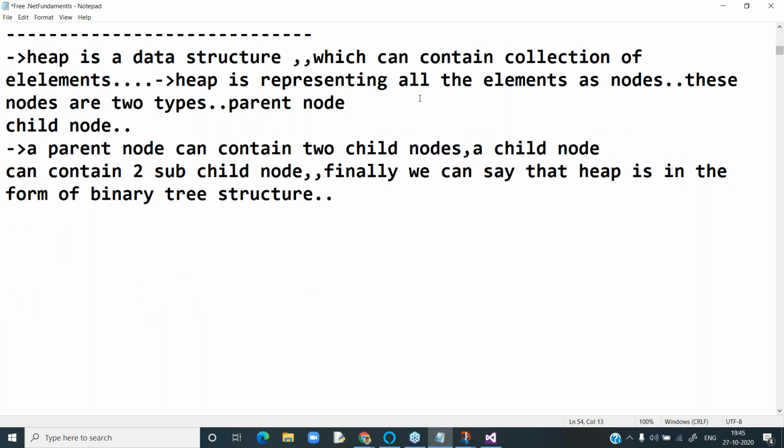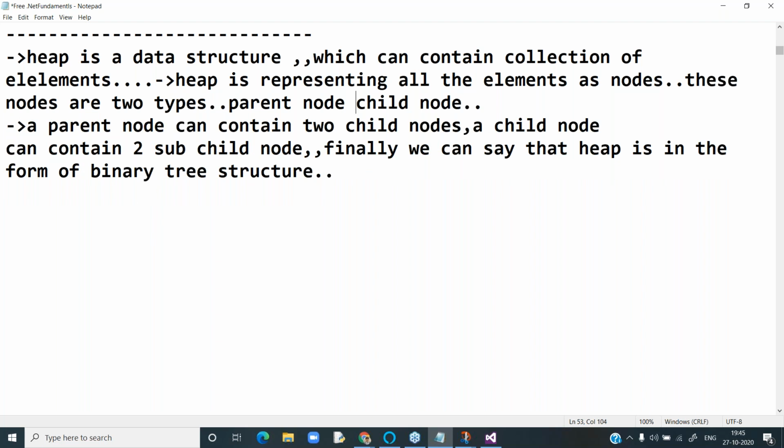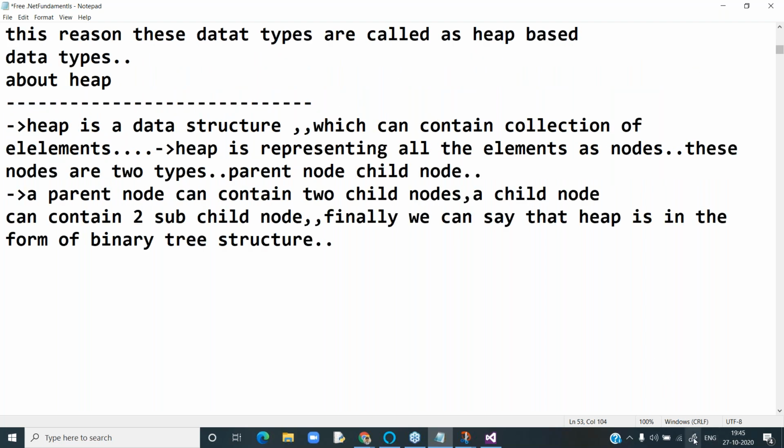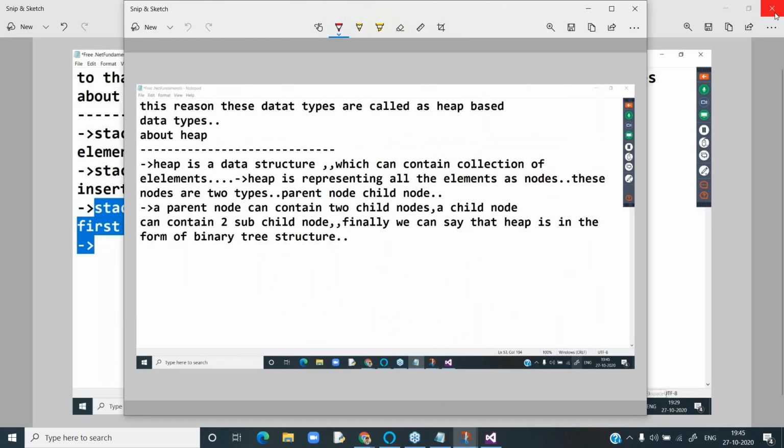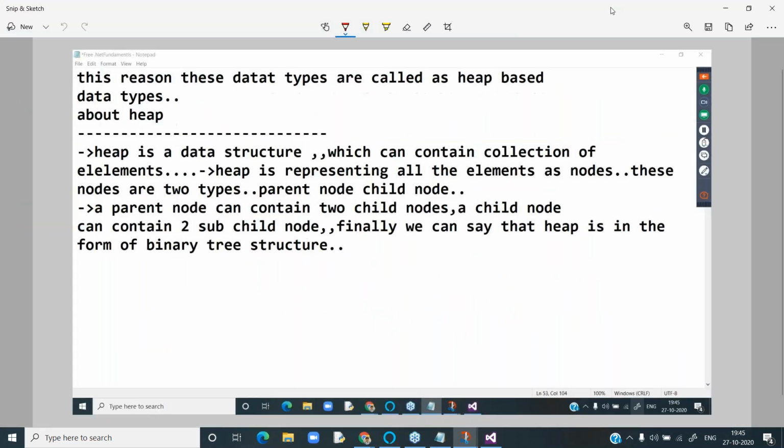Next, another point to be understood is reference type variable. A reference type variable will contain the address of the value.